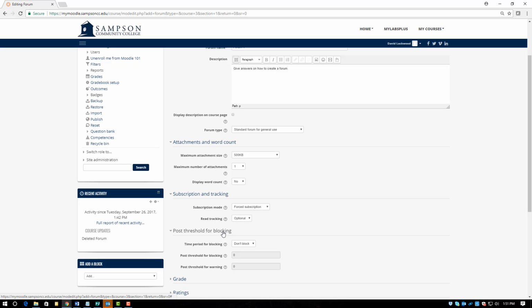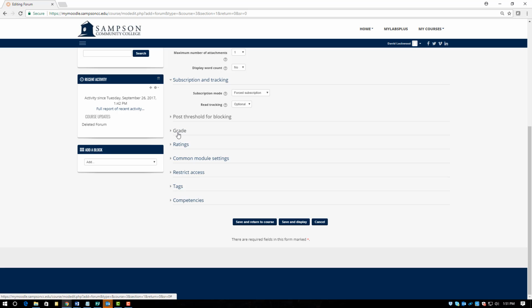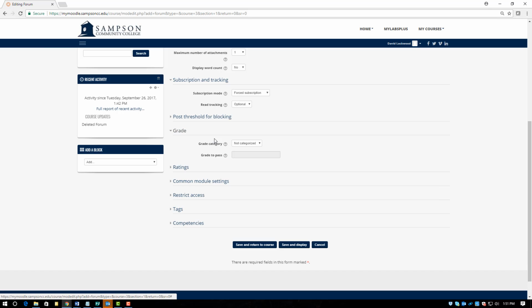Typically you're not going to be blocking anything, so we're not going to worry about that. Now, we could go straight into grade, but first we're going to go into ratings to set it up because we want this forum in particular to be graded. If you don't want it to be graded, you can skip these few steps coming up. But if you do, we're going to go to ratings,